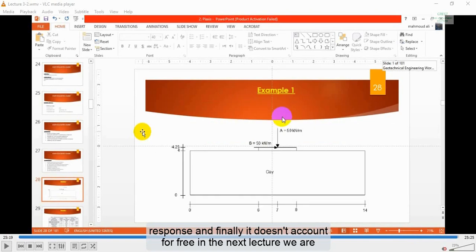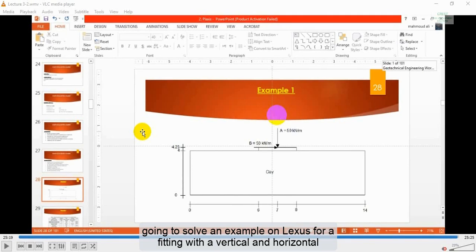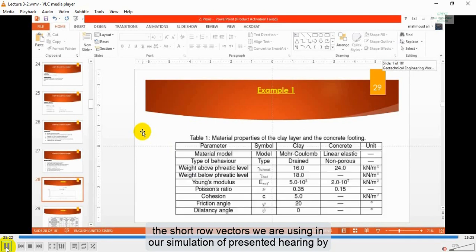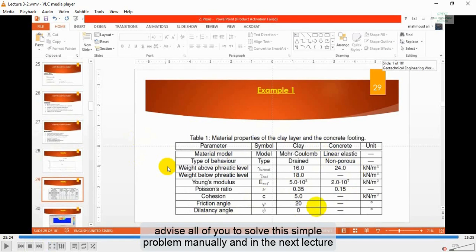In the next lecture, we are going to solve an example on Plaxis for a footing with vertical and horizontal loads using the Mohr-Coulomb material model we discussed in this lecture. The soil properties we are using in our simulation are presented here. I advise all of you to solve this simple problem manually, and in the next lecture you can compare your results with what we are